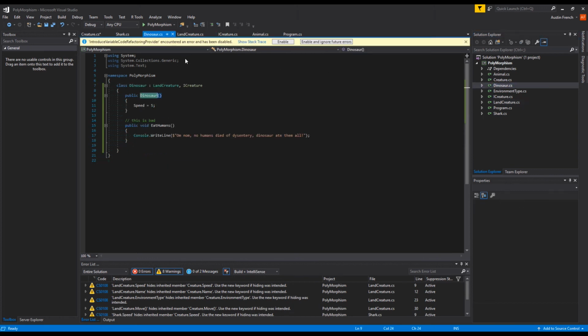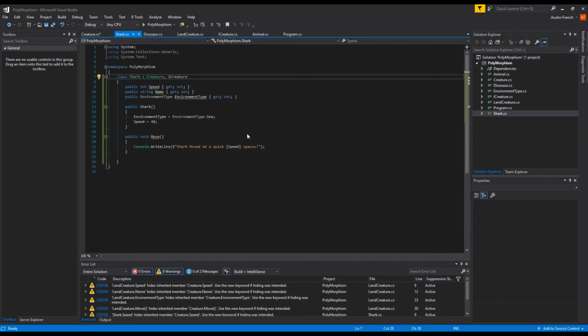And dinosaur can still inherit from land creature. That's fine by me. I am okay with this. Let's see. What we also should be able to see here is now we have Shark, and Shark is still kind of set up to do what we were doing when it was inheriting from the interface directly. But because we now have a default implementation in an actual class, we don't have to have some of these things. For example, everything that's currently green in my version of Visual Studio, these are members that are, as Visual Studio says,